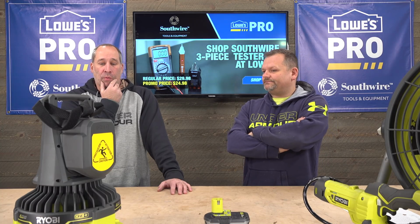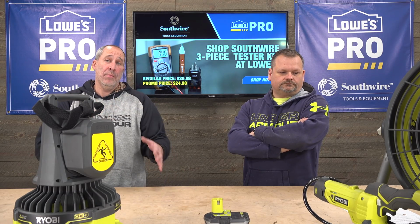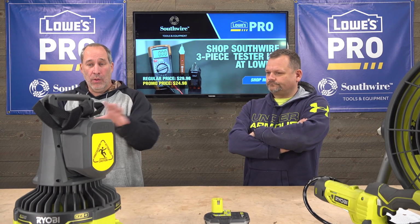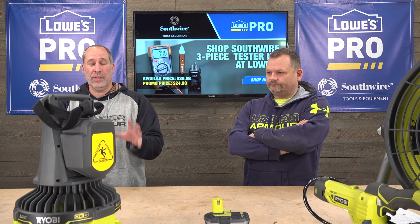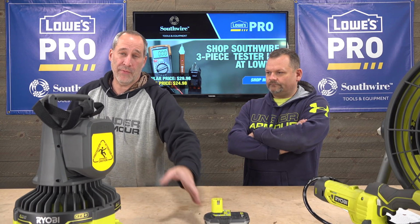Ryobi's dominating. I don't know how they do it as an actual number of tools or the actual SKUs. Some SKUs, like a drill, might have three different SKUs because it has a kit with it. I know they're one of the tops out there, and if you just go to Ryobi Tools and check the stuff out, they've got so many different things, bandsaws, all these different things that you wouldn't even think about. And that's what I like about them, because you can invest in one battery platform as a